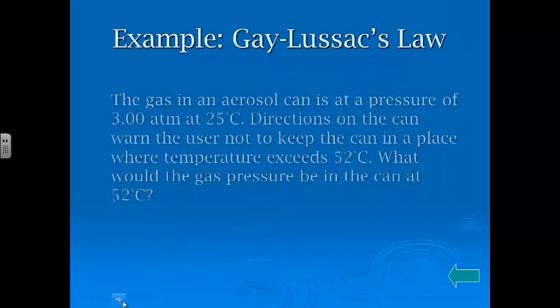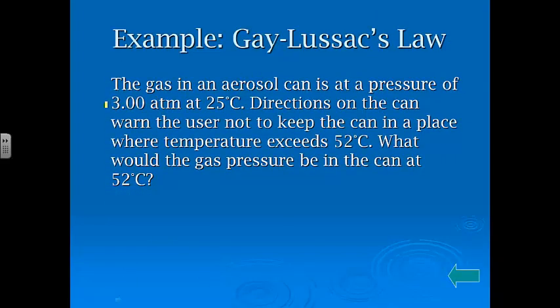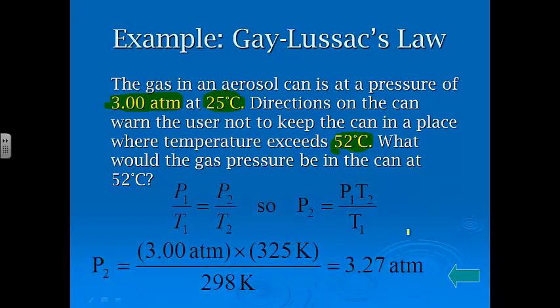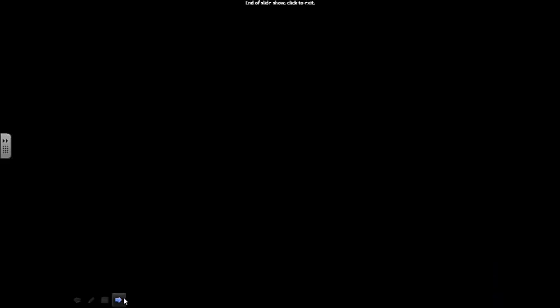But for pressure and temperature, to plug and chug here, you've got gas in an aerosol can at 3.00 atm, 25 degrees Celsius. The directions on the can, which is true, warn the user not to keep the can in a place where temperature exceeds 52 degrees Celsius. What would the gas pressure be in the can? Here's our plug and chug. It would be 3.27 atm, and essentially the short version of that is that you get to the place where the container cannot withstand that pressure, and so it's going to go kaboom. Okay, so there's gas laws and pressure. Hopefully not too stressful, and I hope